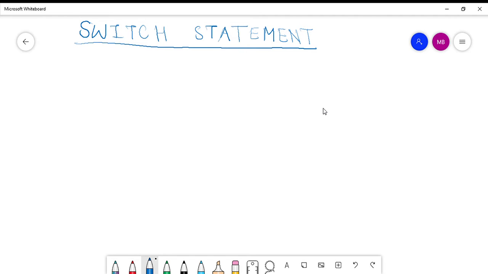Now the one question that arises is that we have the if statement for decision making, so why do we need the switch statement? The answer is that in case of the if statement, if we have just one or two alternatives, then it is quite simple and easy to implement. But when we have more than one alternative, then the if else statement becomes quite complicated and complex.